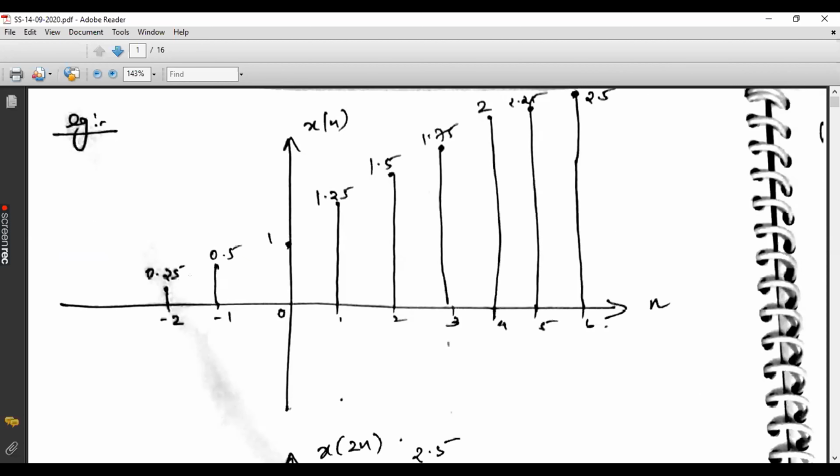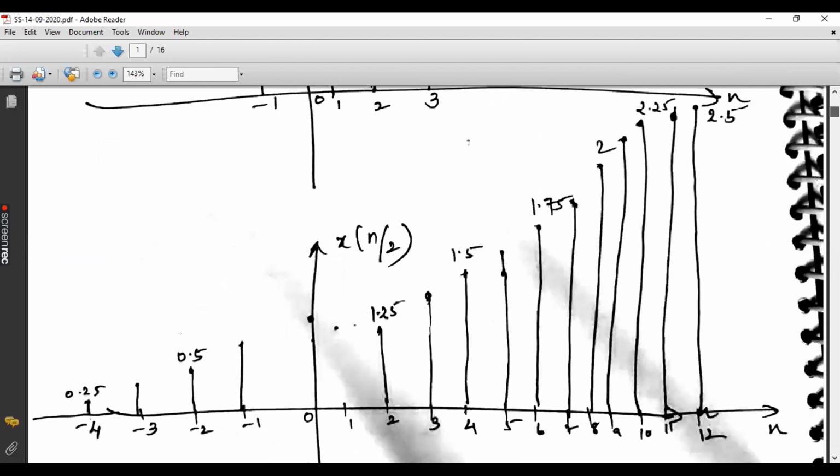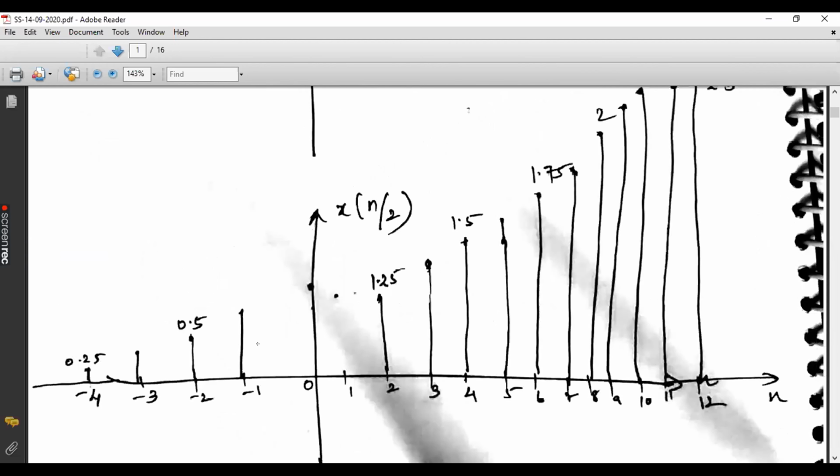As you told, this is uniformly increasing, right? So between 0.25 and 0.5, you will show one sample, but it is not necessary that you should show the value over there. You just put a sample like this. So wherever you are not finding any signal value, you just put a sample over there. Is it clear for you? Actually, for 1 also you will have a sample here. I think this was lost while I was scanning. Anyway, you have to put a sample over here.